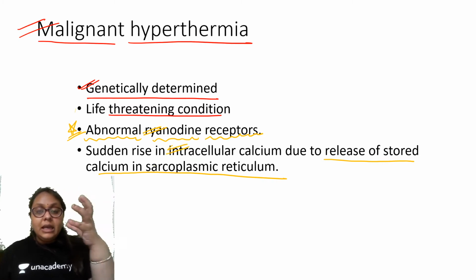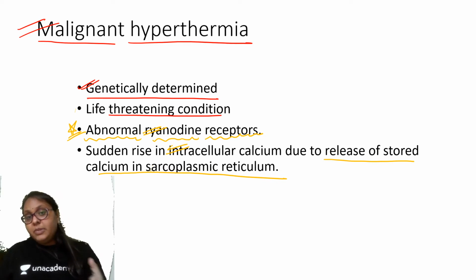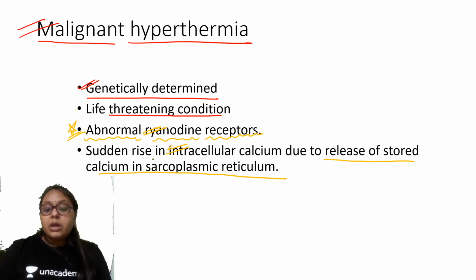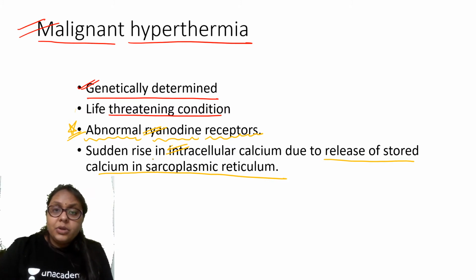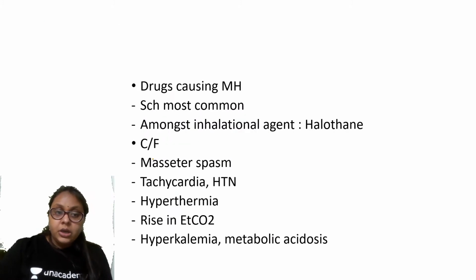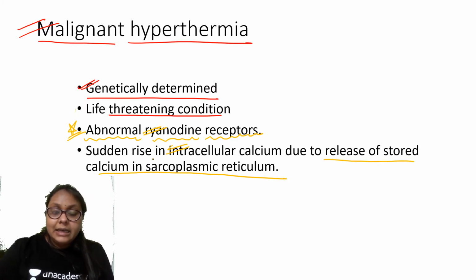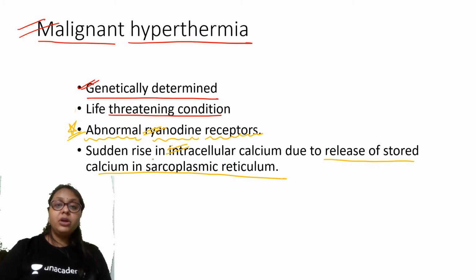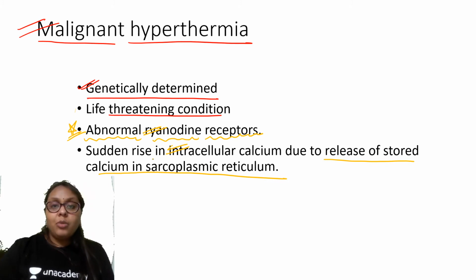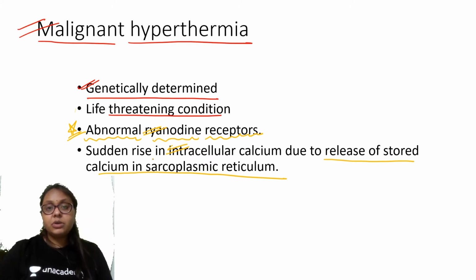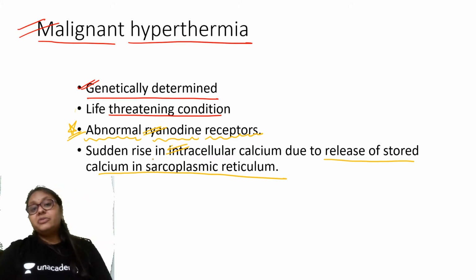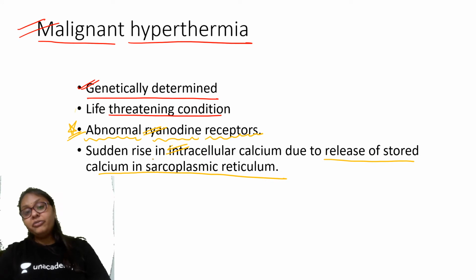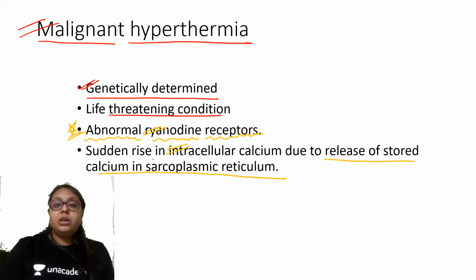Okay, there will be intense muscle contraction, there will be increase in metabolism, and that will cause a life-threatening condition. Okay, so that is malignant hyperthermia. It occurs because of the abnormal ryanodine receptors, and this occurs because of the sudden release of the calcium which was stored in the sarcoplasmic reticulum, and